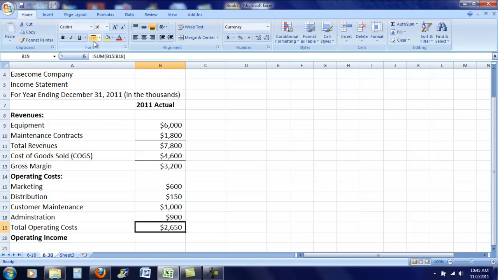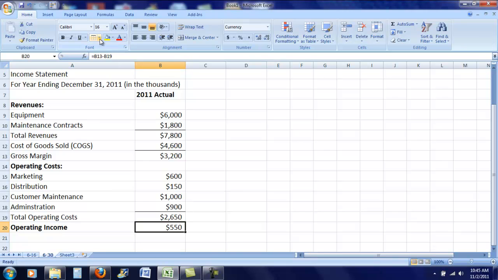I'm also going to put a line above that. And my operating income equals my gross margin minus my operating costs. I'm also going to put the double line here. Top line with a double line underneath. So all I've done up to this point is set up exactly what the book has given me. Then it goes on to say,